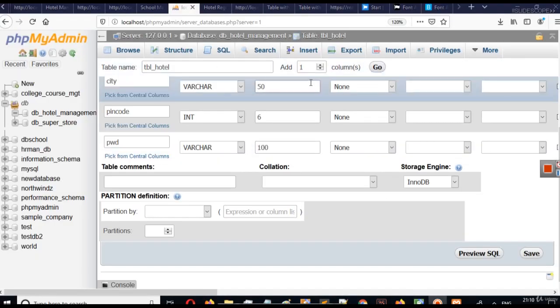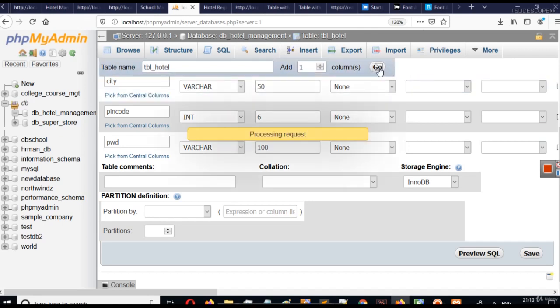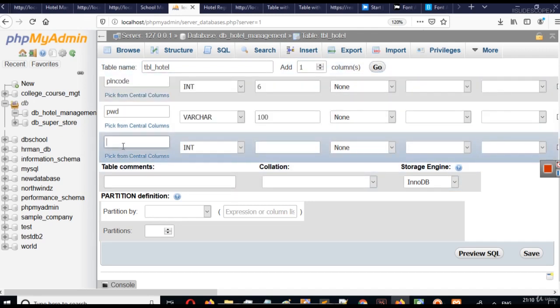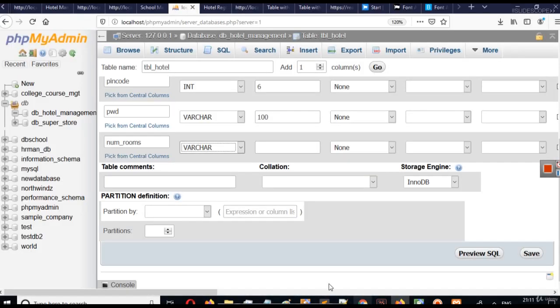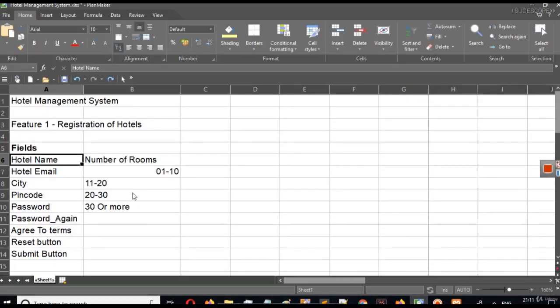So we can add one column from here. I will call this column num_rooms, number of rooms. It will be a varchar data because we have hyphens here. And it will have a maximum of